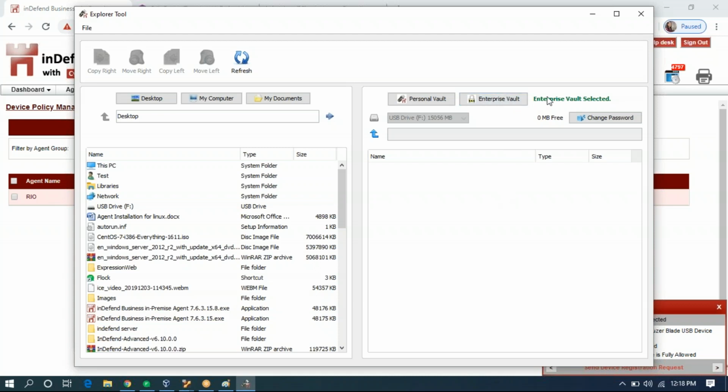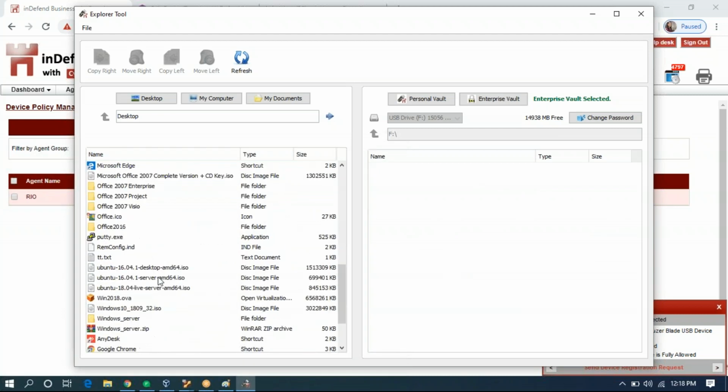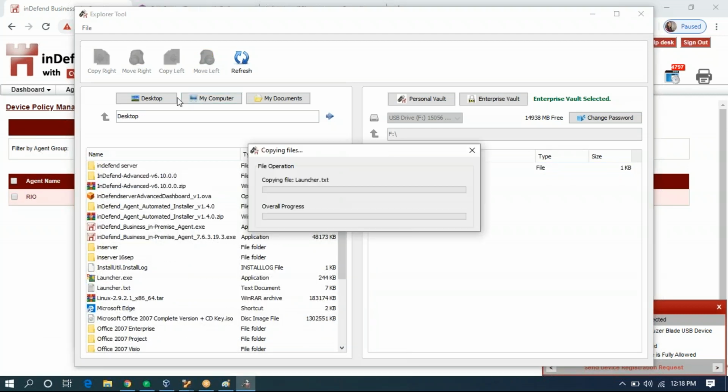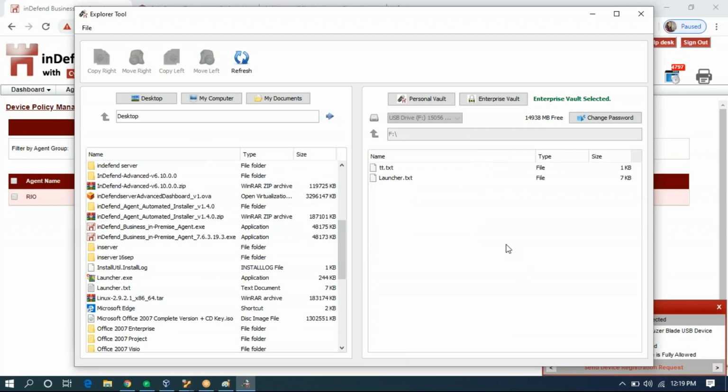So this is the vault that you will use while writing any data inside this USB. Currently, as you can see, Enterprise Vault is enabled. You are inside Enterprise Vault, and on the right hand side, this is your machine. So you can transfer or copy anything from your machine to this encrypted space. So I'll use this, I'll copy write. So it got copied in my USB, and we can copy more files. Right, so you can easily copy data in the USB.